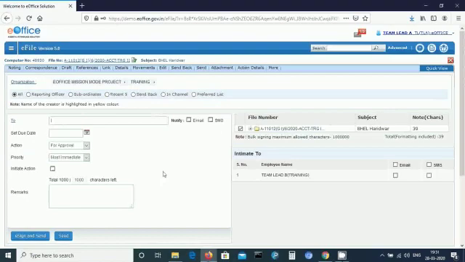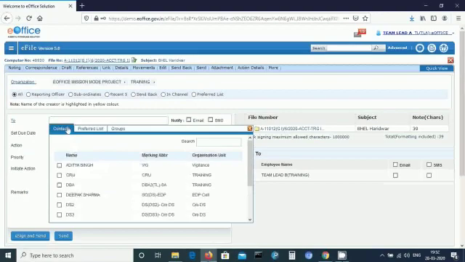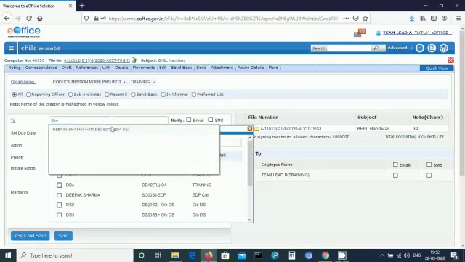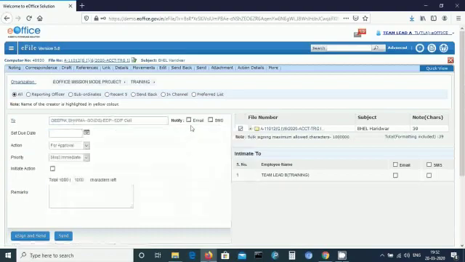It can be sent to the reporting officer, subordinates, or the recent five that you have sent to. It can be sent back also in the channel and preferred list. In the To option, you can select the name, the contacts will appear, and let's suppose I select Deepak, or you can also type the first three letters DEE, Deepak Sharma. You can also notify through SMS or email.